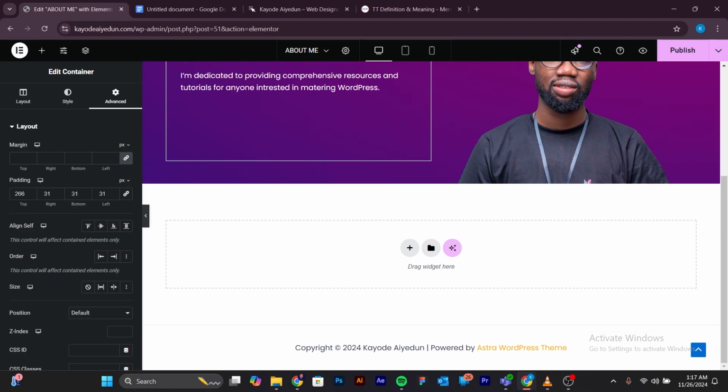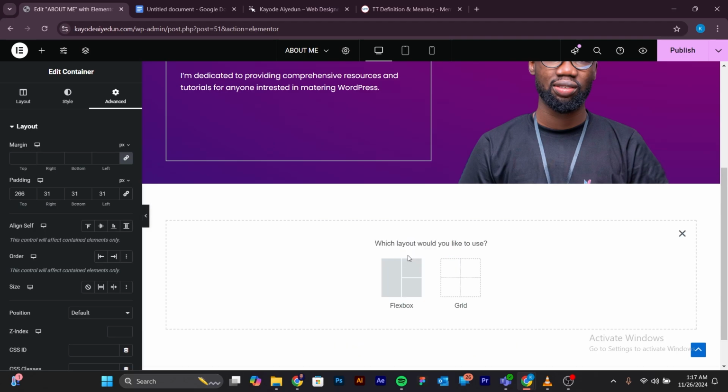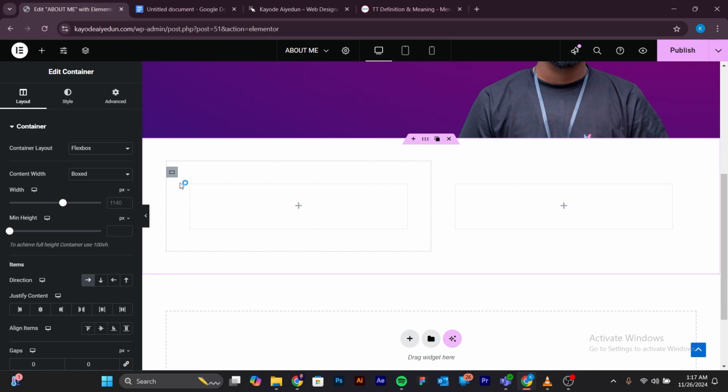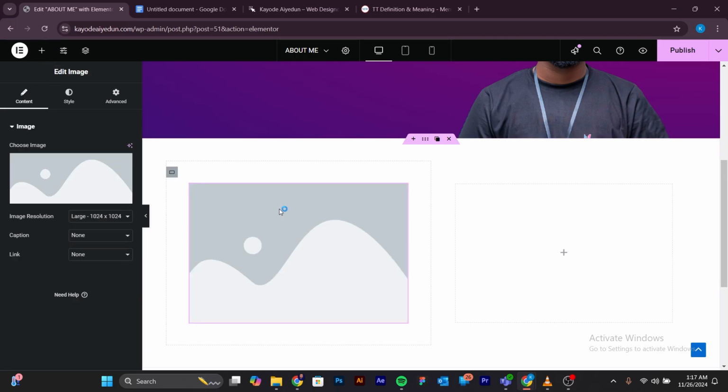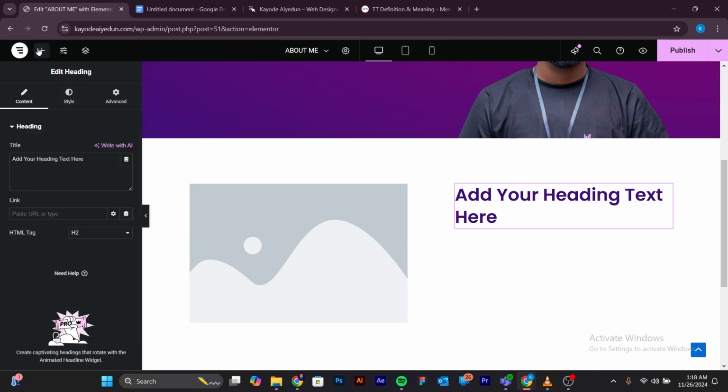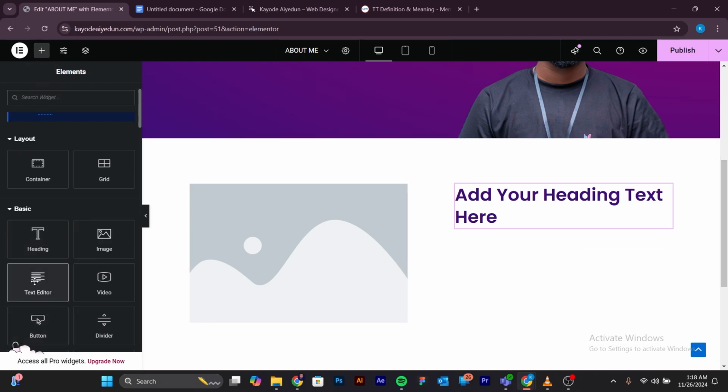Now I want to create the next section, which has an image and some text describing myself. So I'm going to select this plus sign, select flexbox, and we also need two columns in this section. And first, I want to drag in an image in here. So I'll go to add element and put in this image. And also here we need a heading and some text. So you go to add element and drag in text,